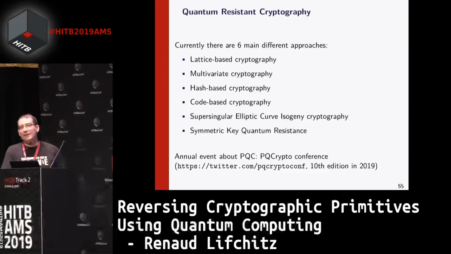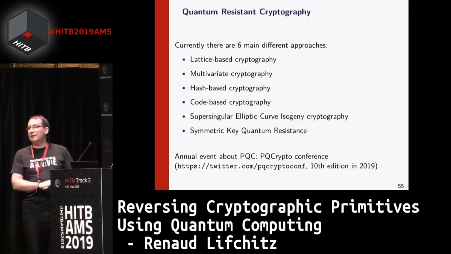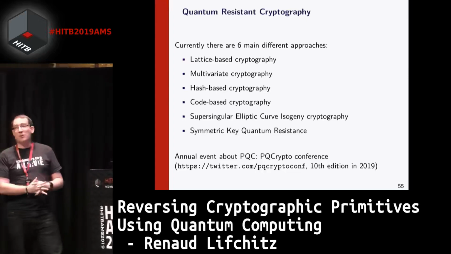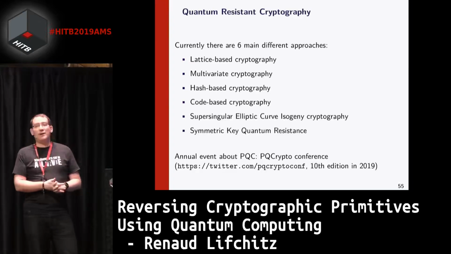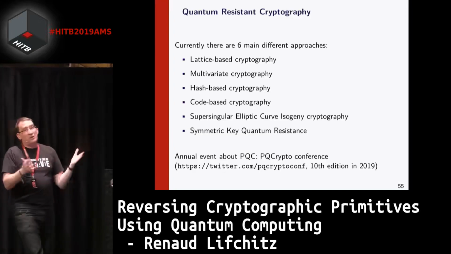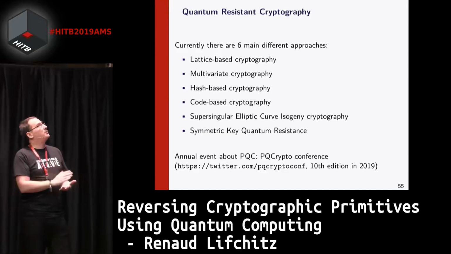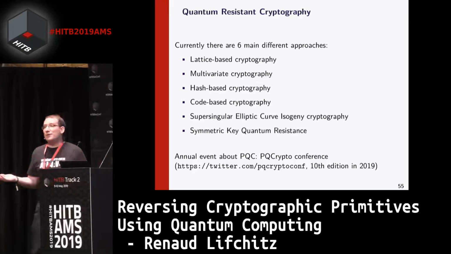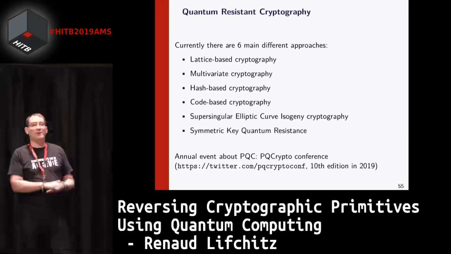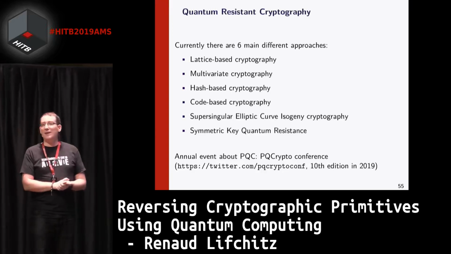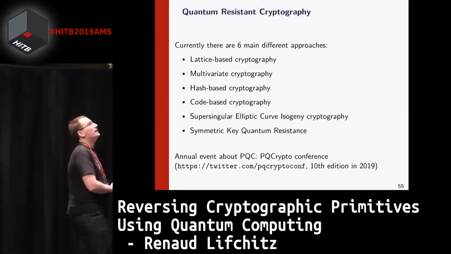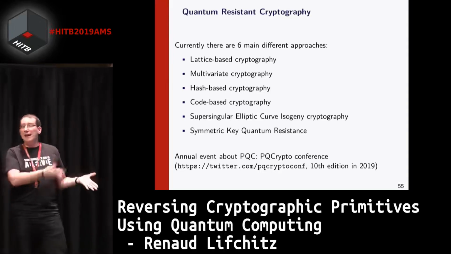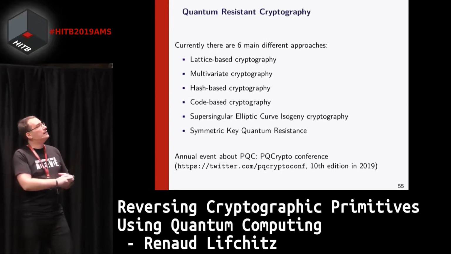To avoid these threats, there are basically 6 different kinds of algorithms that are supposed to be strong enough not to be threatened by quantum computing. So 6 different approaches: lattice-based cryptography, multivariate cryptography, hash-based, code-based, supersingular elliptic curve isogeny, and of course symmetric encryption, which is strong enough to resist quantum computing if you double all the key sizes. So you have 6 different families of cryptography you can use instead of the current